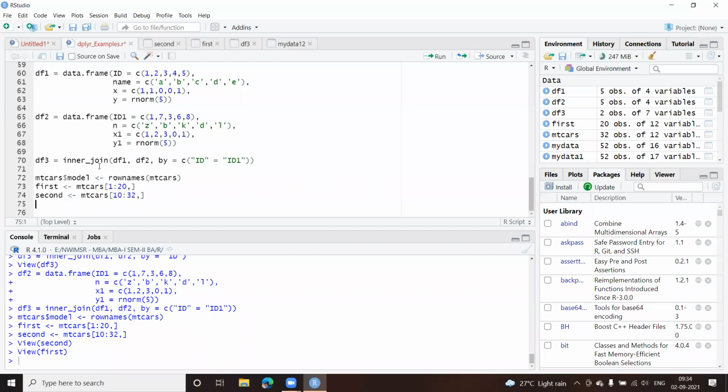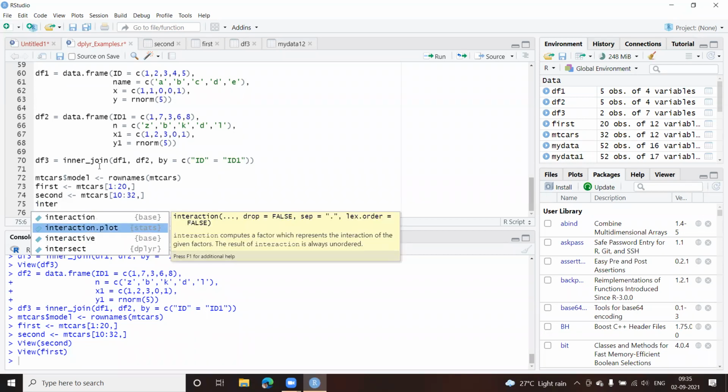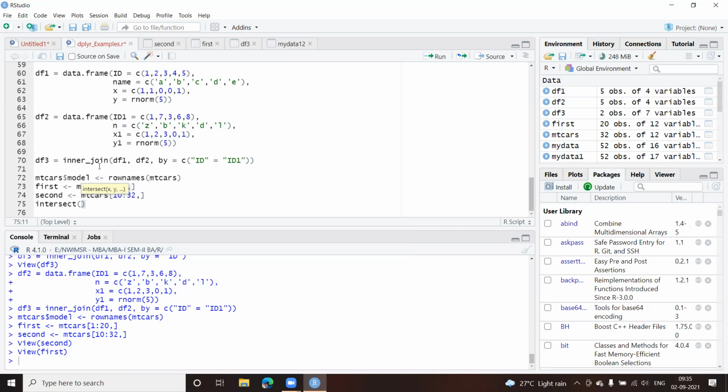Okay. Now, if I want to get the intersection of both of them, there's a function called intersect, and then there's union. Okay, we'll be making use of them here. There are two functions basically, union and union all. I'll show you the difference between both of them. So let us first of all create this intersect and then union. So I'll give intersect. Here it is, intersect. It's a very simple function. I'll give the first data set and the second one.